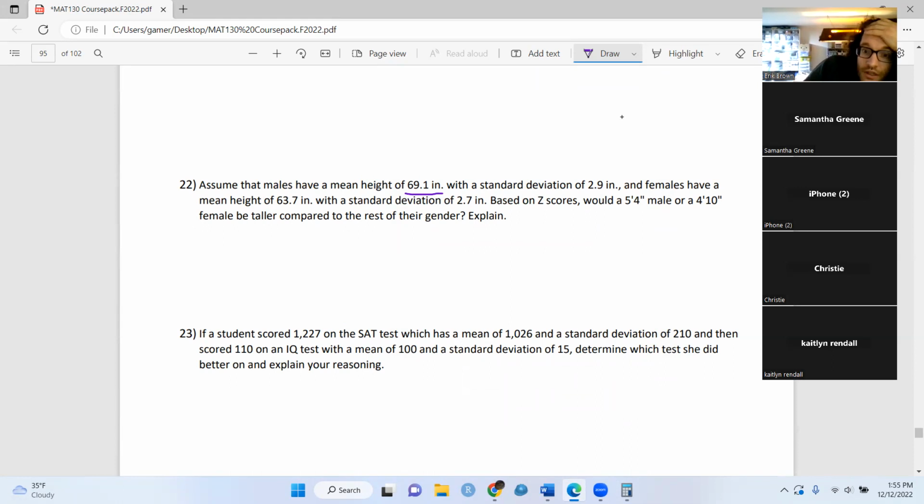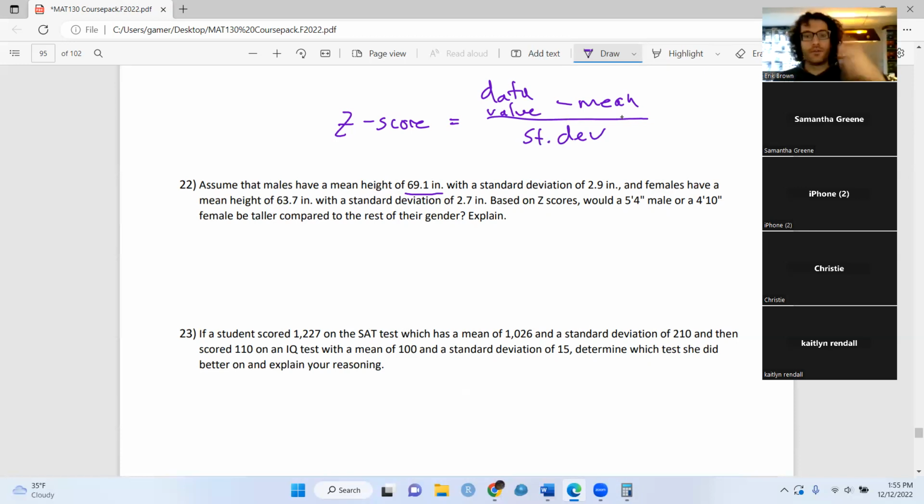Okay, so first we need to recall what the z-score formula is. We wrote that in our reference sheet at the beginning of class, or not too long ago. So it's the data value minus the mean divided by the standard deviation. We have to calculate 2 z-scores, one for the male and one for the female. And then we have an issue here, right? This is 5'4" for the male and 4'10" for the female. So we need to convert those into